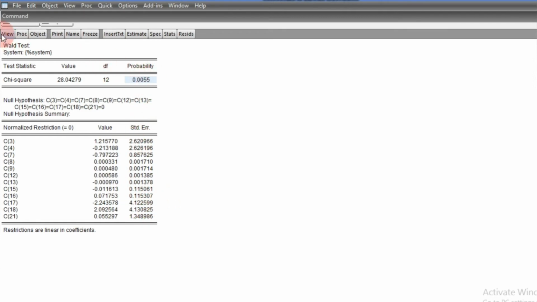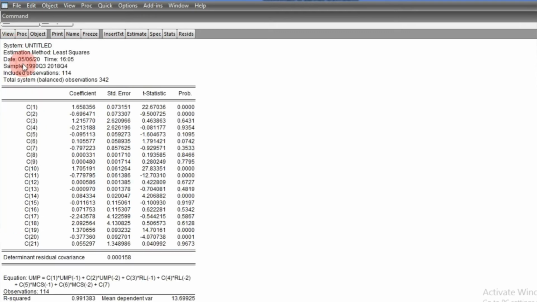So what do we do? We go back to output again and consider dropping variables, and you consider removing only those with the highest probability value. Okay, highest probability value. So what are we going to do? We look at each of these results here and pick them one after the other.